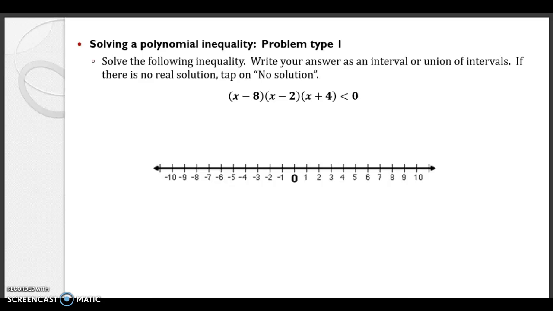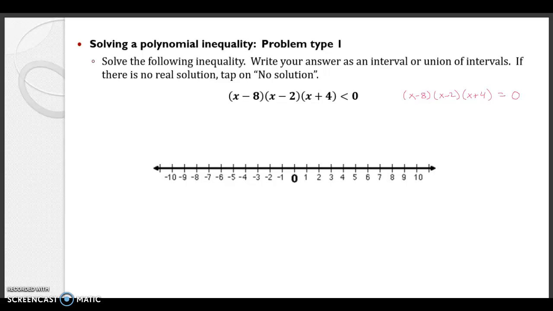Hey everybody, in this video we'll talk about solving a polynomial inequality problem type 1. So here we're given a polynomial that is already in factored form, which is nice. And the reason this is nice is because we can say that x minus 8 times x minus 2 times x plus 4 is my function, and I want to know where that is less than 0,